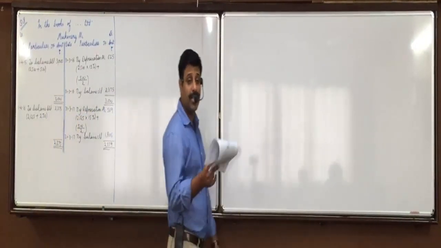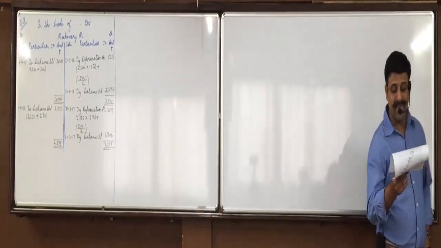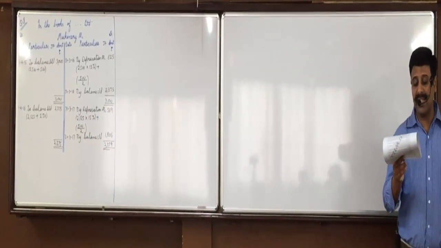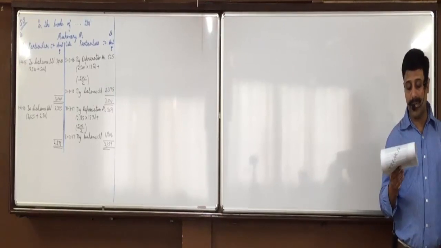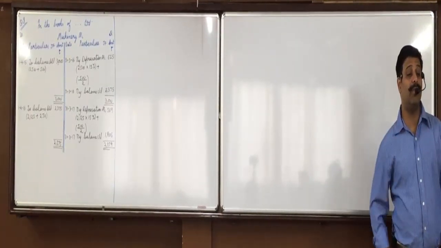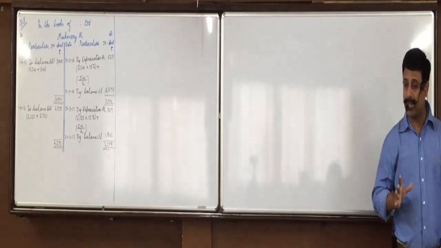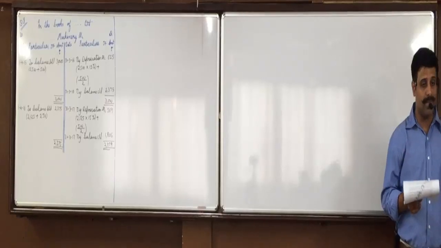How do we calculate depreciation? C minus S upon useful life. So C minus S is called the depreciable amount. Residual value is often insignificant and immaterial to the calculation of depreciable amount. Like if the asset is of 5 lakhs, residual value will only be 10,000, suppose. So residual value is very insignificant compared to the main cost.